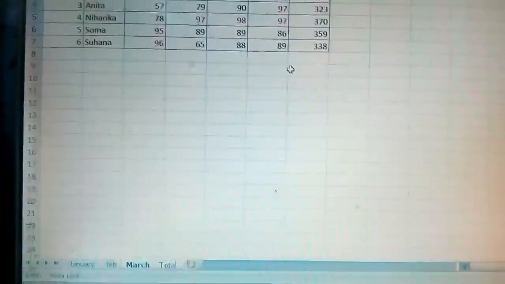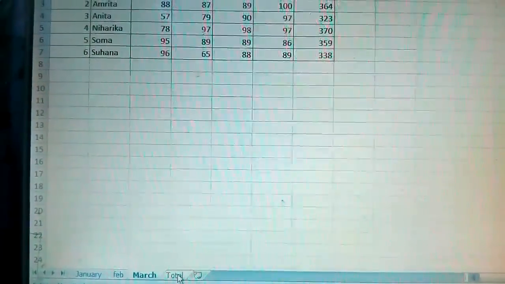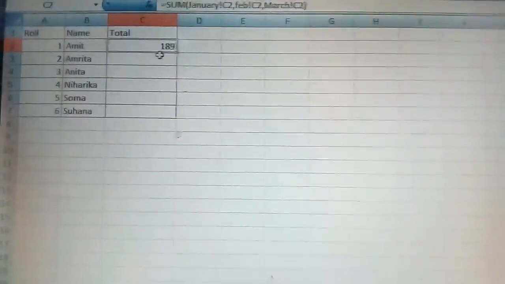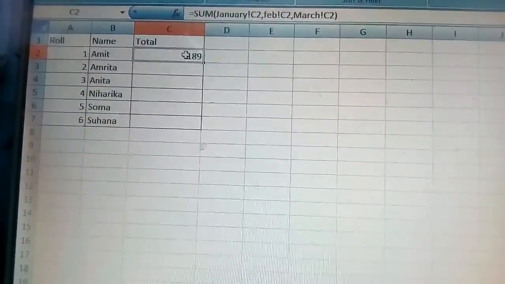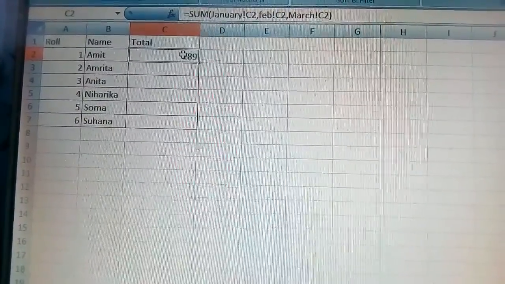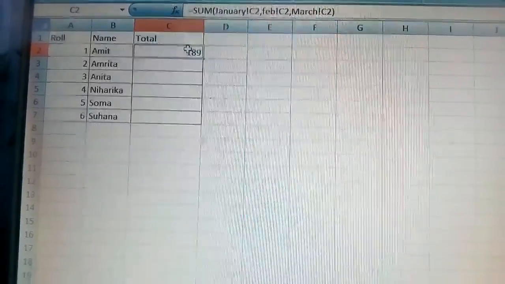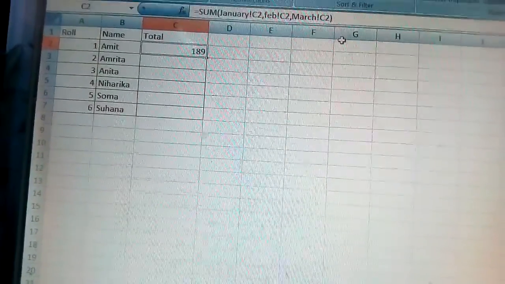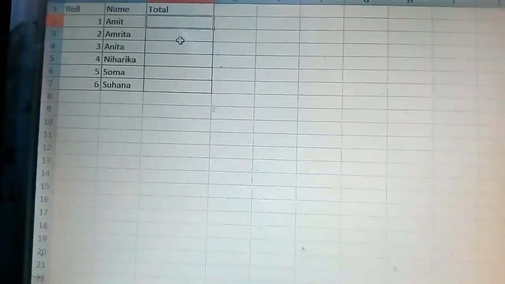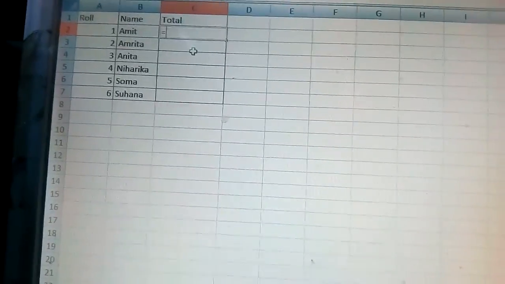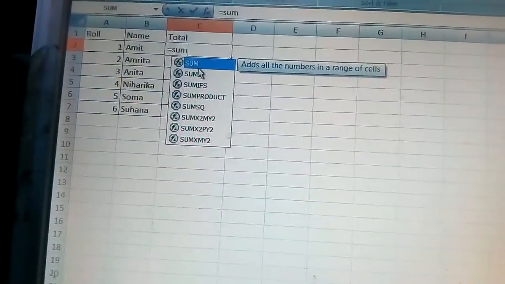bracket. You go to the total, you can see here the marks. Yes, 189. So Amit has got a total of 189 in English. And if you want to do the total of all subjects, then what you will do, delete that. So then you first write down here equal to sum, give the first bracket, and